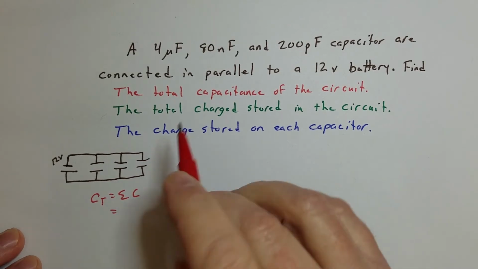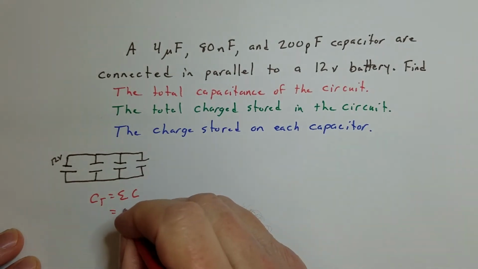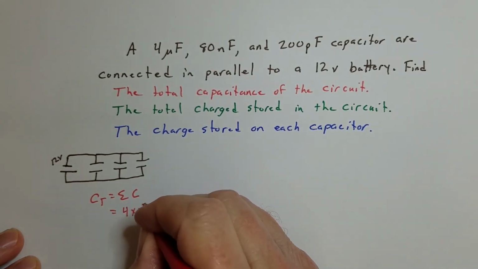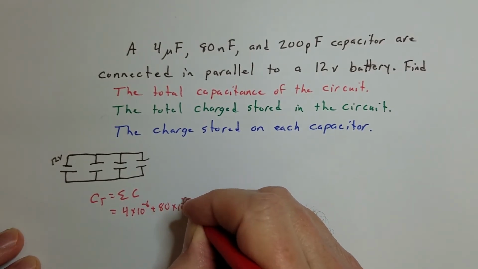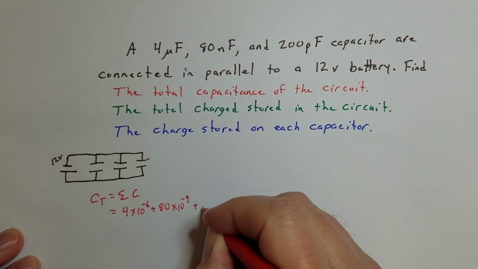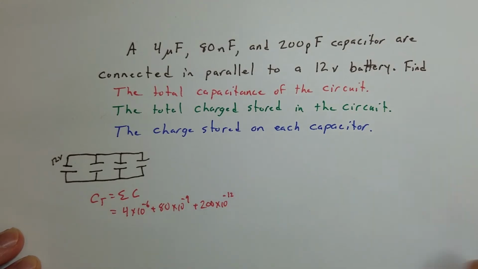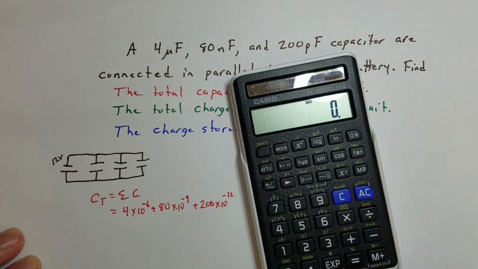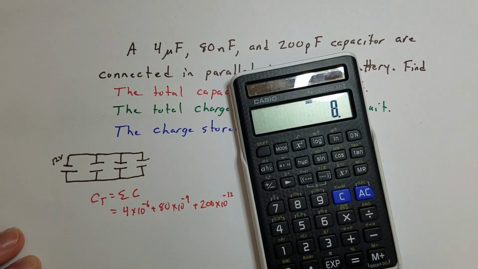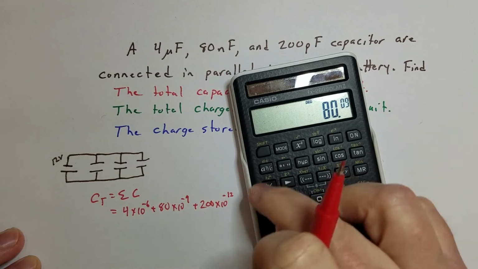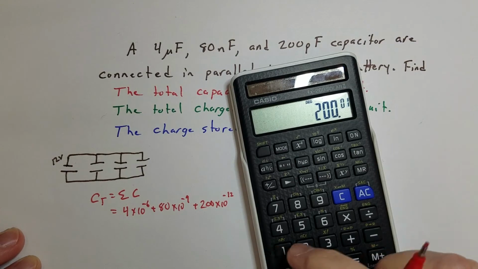So this time, I really can't just do the shorthand like I did last time. I actually need to write these out. So that's 4 times 10 to the minus 6 plus 80 times 10 to the minus 9 plus 200 times 10 to the minus 12. So see what we get here. 4 times 10 to the negative 6 plus 80 times 10 to the minus 9 plus 200 times 10 to the negative 12